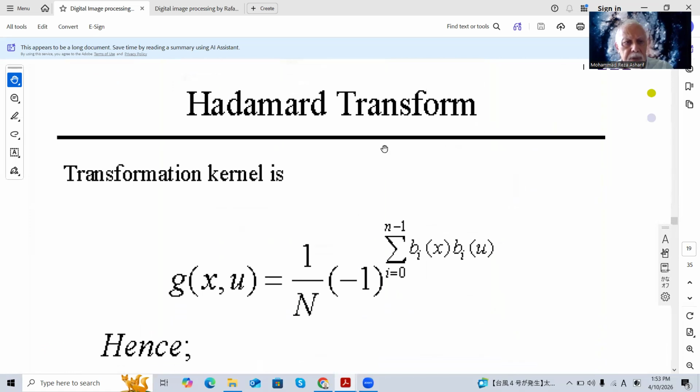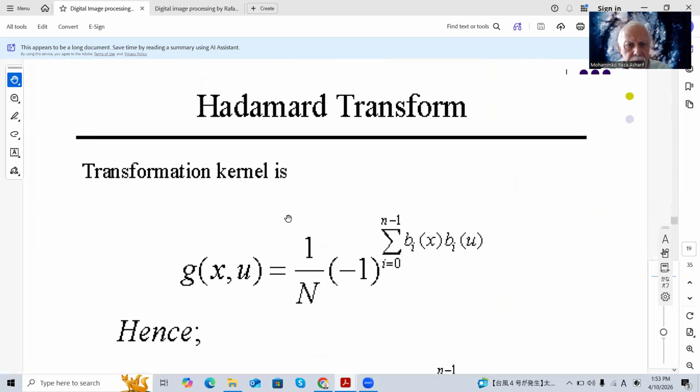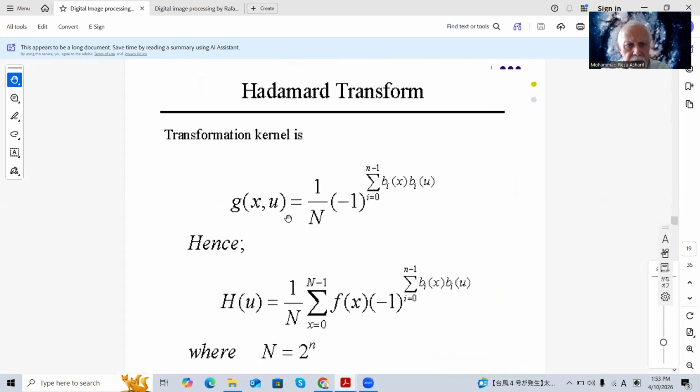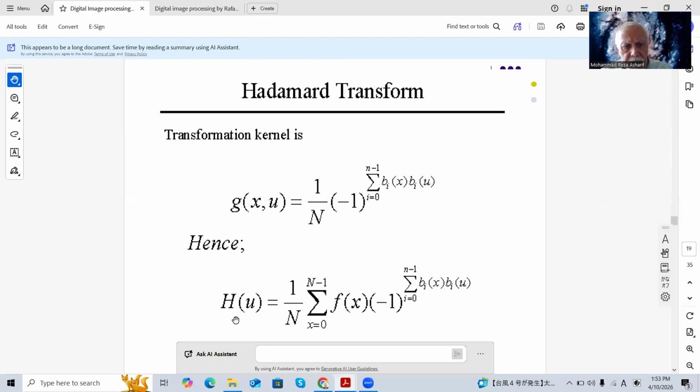This is the Hadamard transform. I want to show it in PowerPoint or PDF form. This is the kernel of the Hadamard transform, as I said here,